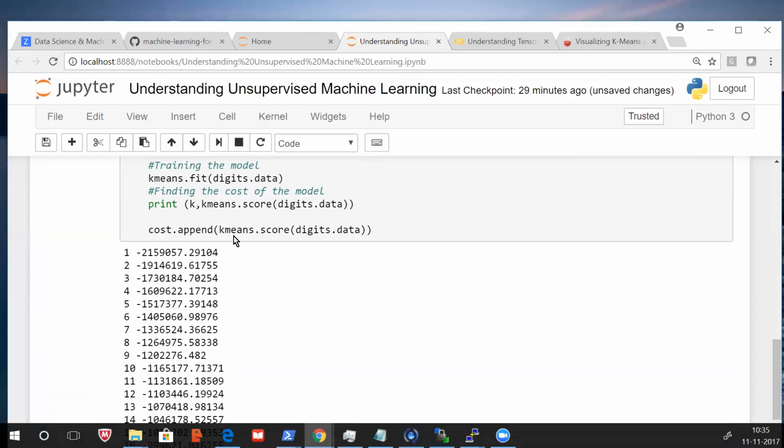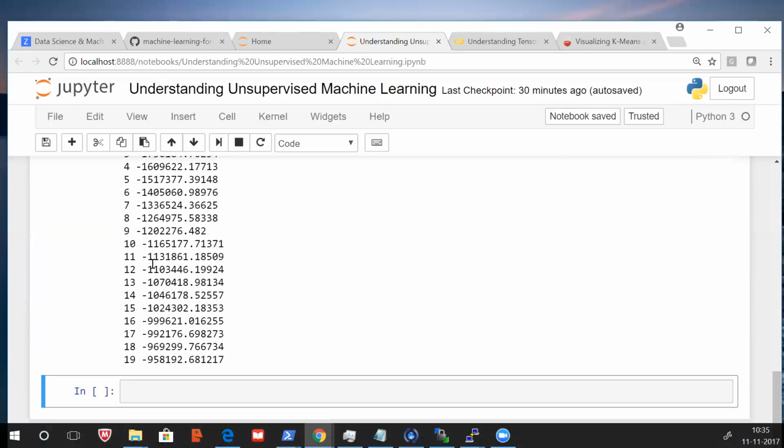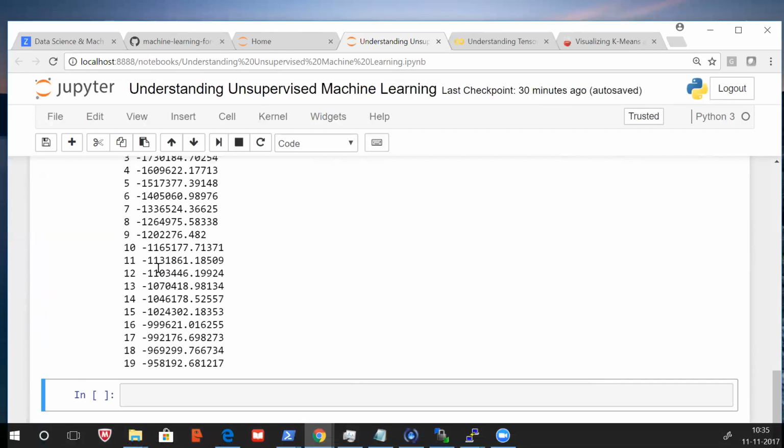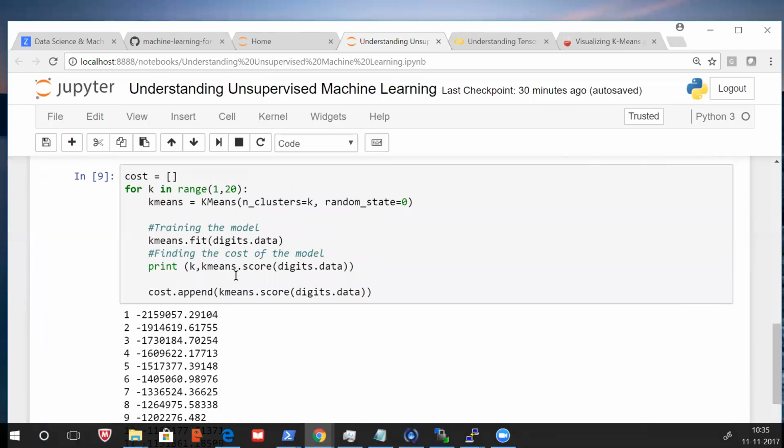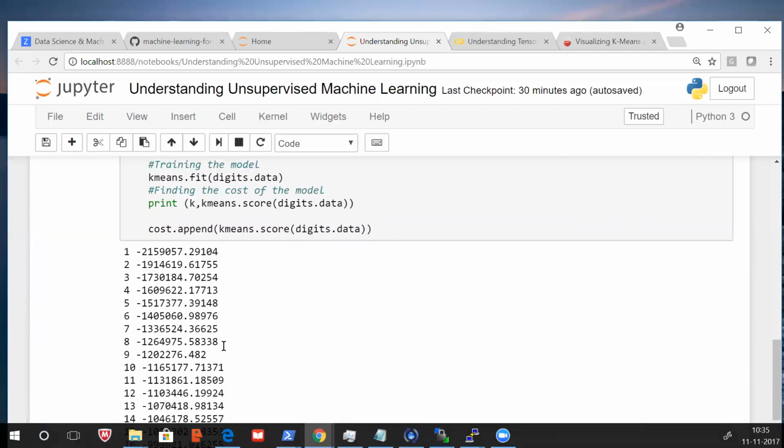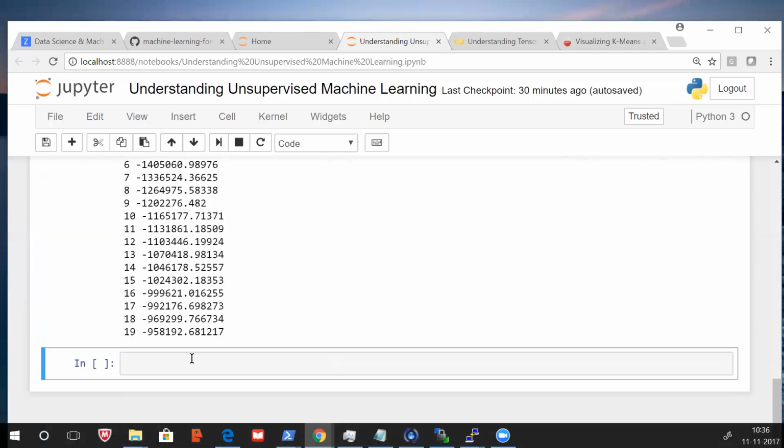Right, and what do you expect? If you increase the number of clusters, will the cost increase or decrease? Decreasing, right? So always, it will converge. Okay, so first let me plot a graph and then we'll understand what is happening. That's right. L1 cost it is calculating actually. Okay, so this is the cost. For us it doesn't matter what the cost is. We want relative cost. L1 calculation is a little lightweight, so that's what they did.